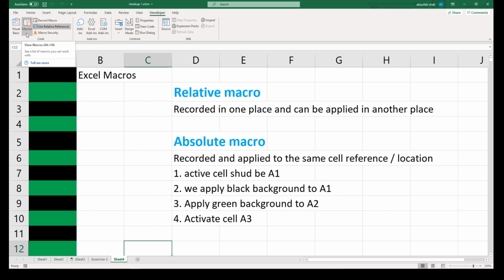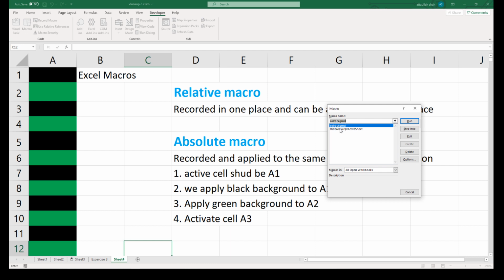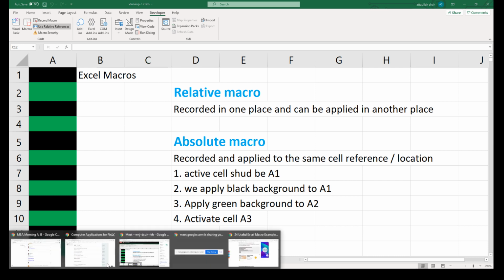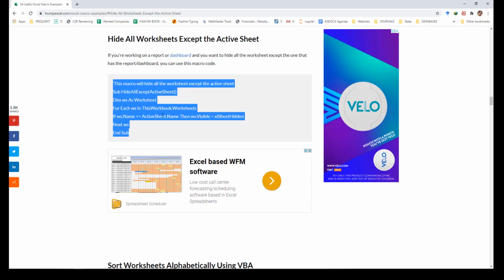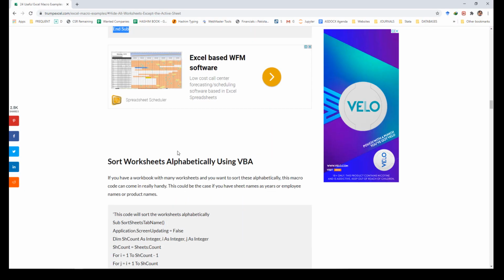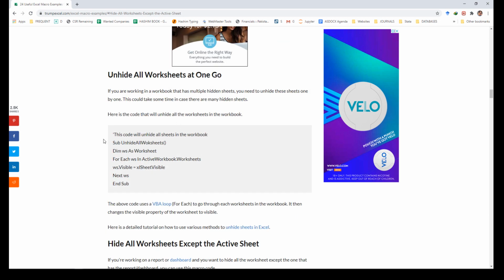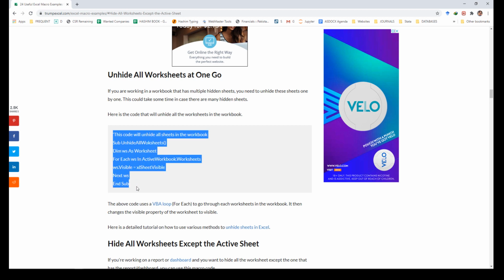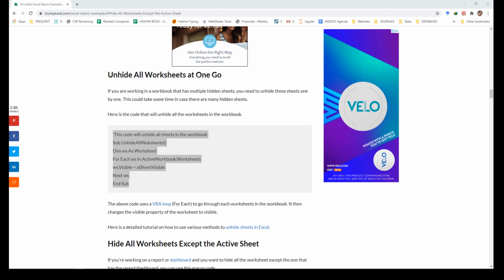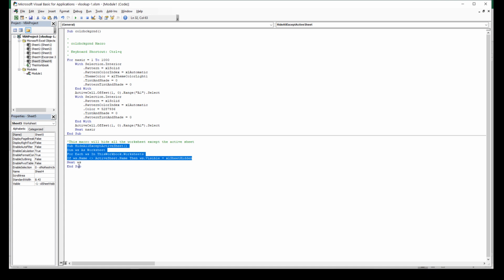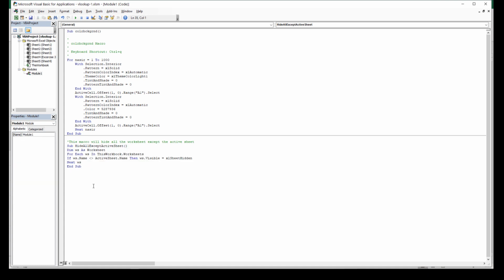So this is an absolute macro. Actually we are not moving from one cell to another, so you can call this one hide all active sheet as absolute macro. You see all sheets are hidden. There is another macro that will unhide all sheets. Unhide all sheets. So again select this code, copy, and how do we go to the Visual Basic environment? Alt button and F11 button together,